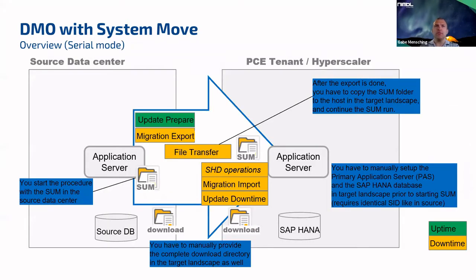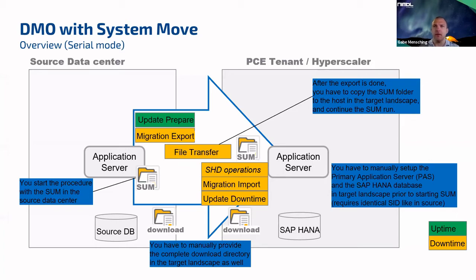So the DMO with system move has two different options. The first we'll talk about here is the serial mode. The serial mode for the database migration option is a transfer mode in which only one data transfer happens. You'll run the complete SUM procedure in your source landscape, and this also includes entering downtime and then exporting the